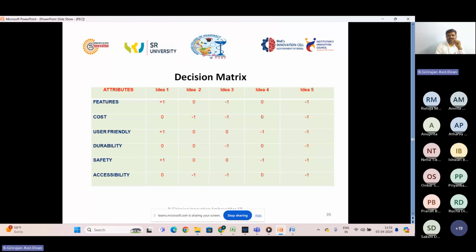Finally, the idea with the maximum score will be selected. But you have to select the parameters appropriately for decision making, and also keep as the standard method the standard solution that has the most advanced solution provided for the selected problem.